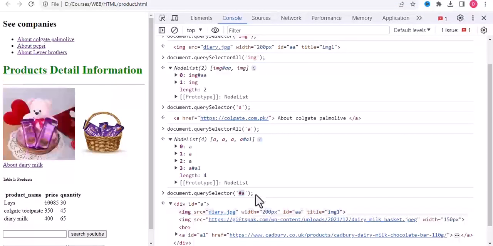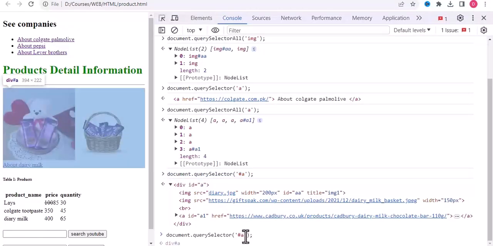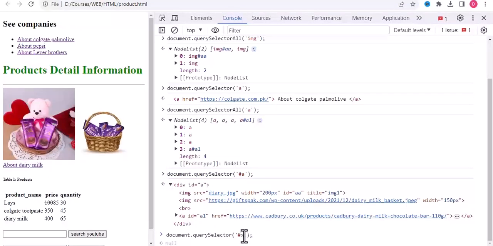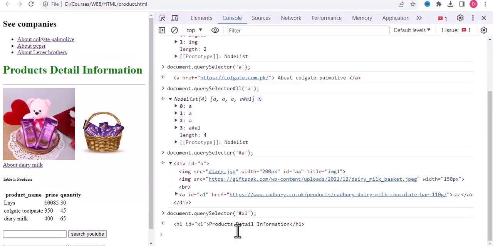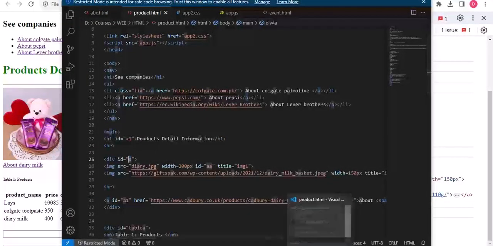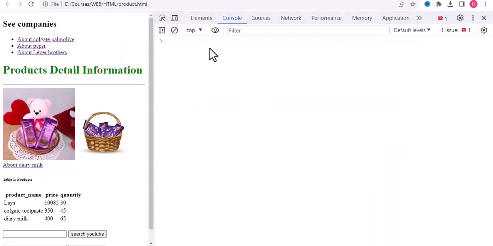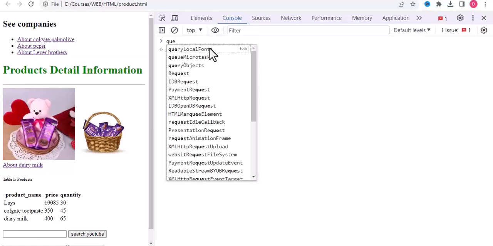Okay, so if we write x1 here, now this is the product detail information. So x1 is actually the ID for the heading one. Similarly we can take a class. For example, if we make this a class rather than an ID, you just have to write